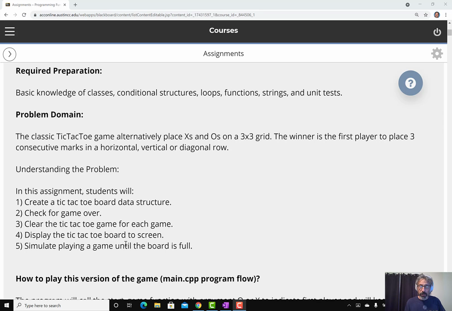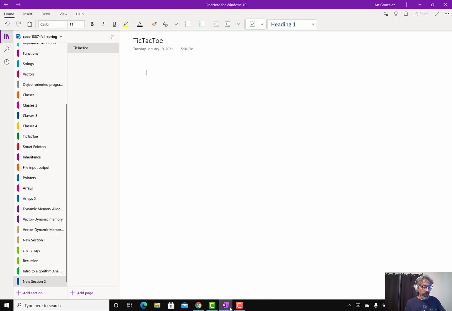How are we going to accomplish this? Okay, so please think simple, okay? So we know that a tic-tac-toe board is played on a 3x3 grid, but we don't have to get complicated with this. Okay, so let's go here to OneNote, and